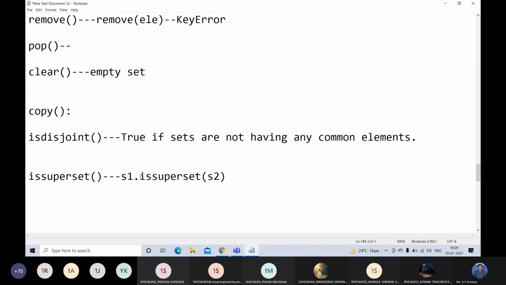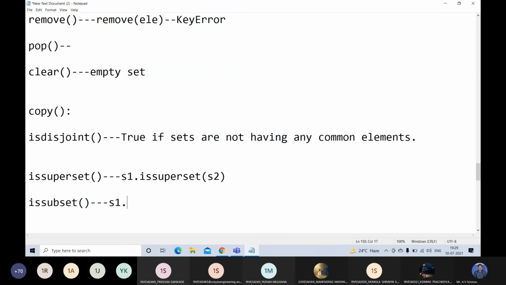Then we can say S1 is the superset of S2. Whereas if all the elements of S1 are present in S2, that is a subset.